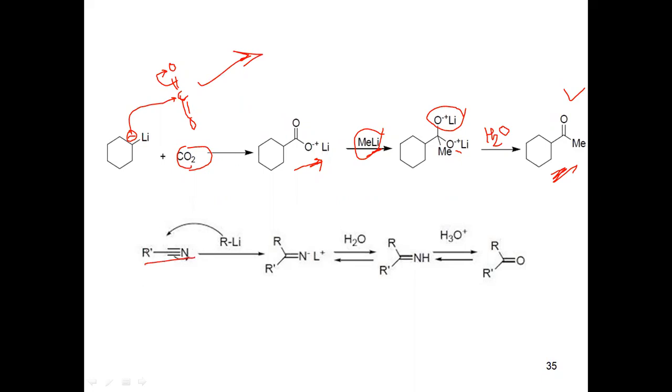There is an alkyl group and there is a cyano. So let's see here. C triple bond N, this carbon is the electrophilic carbon, and this RLi, where this R has a negative charge, is a nucleophile, so it attacks this carbon. See, the triple bond opens up, one of the pi bonds opens up on the nitrogen, so we get this type of imine structure. And after the hydrolysis, we can see this converts into this structure,